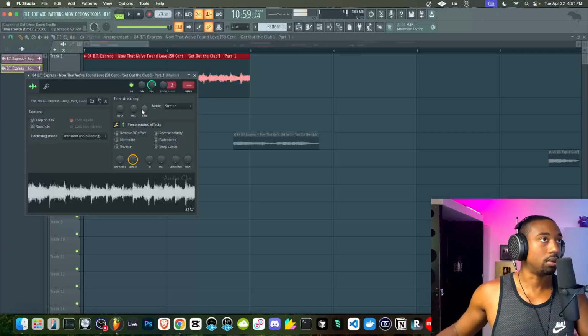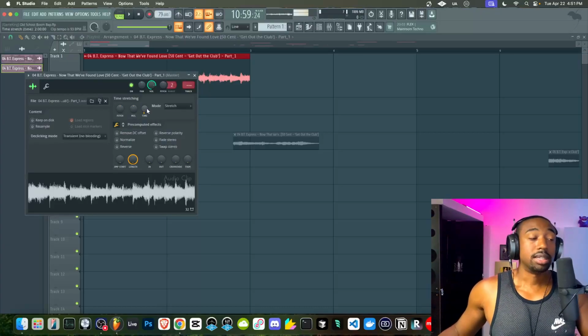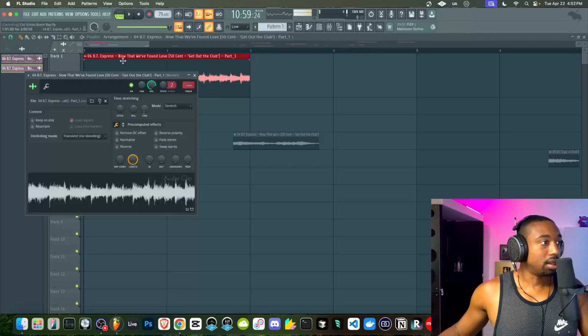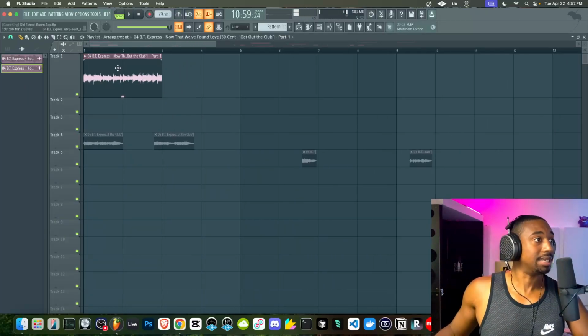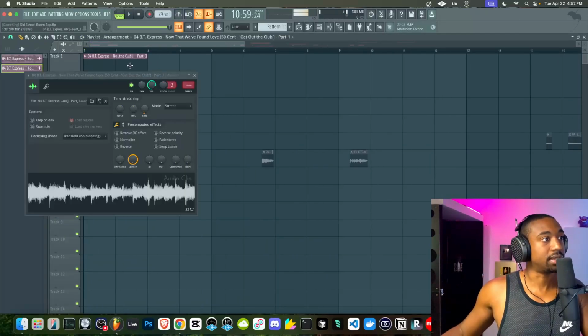You could also double click, go to the time knob. You can left click and drag to lock it to the grid. And the mix showed me that one. So here we could double click. And because it's on stretch mode, it will keep the same tonality, which is important because if I take it off stretch mode, it will